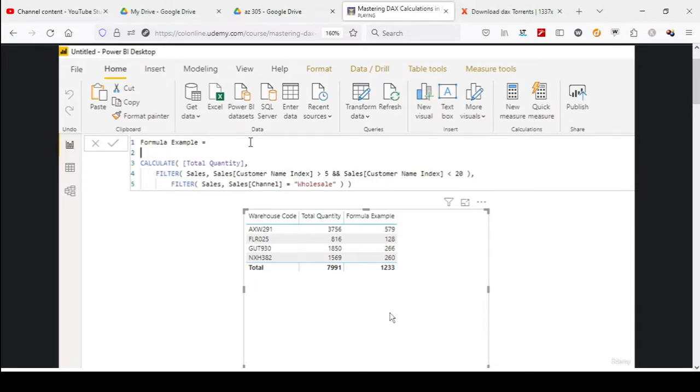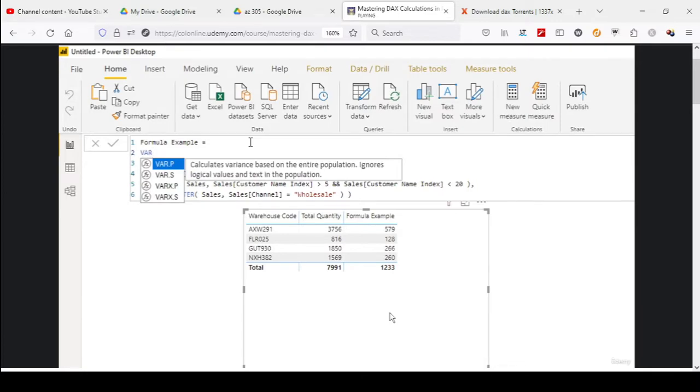Okay, so what you need to do is first go down to a new line, and what I like to do is type VAR, for variable. The key thing to remember with variables is that they're only scoped to this measure, not global variables. You can't do that at the moment inside of Power BI. That may change in the future, which would be really great. At the moment, a variable you reference here can only be used within this particular